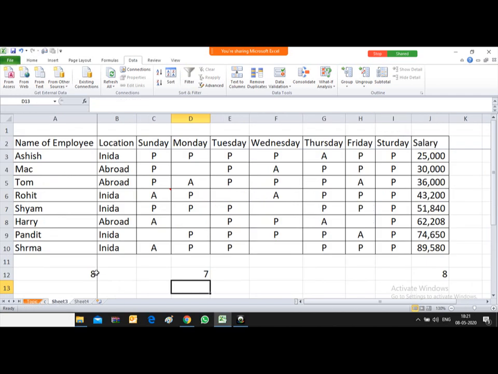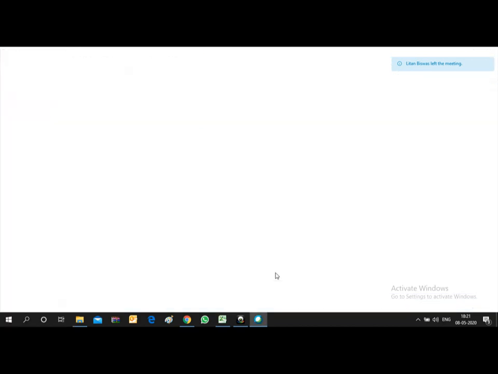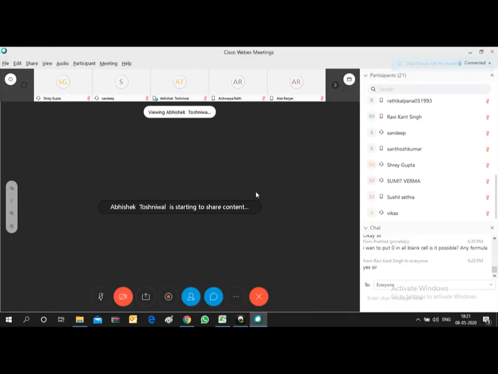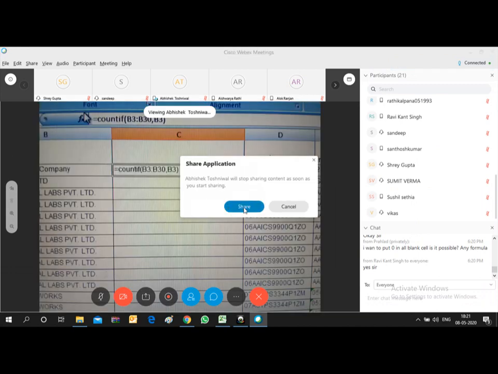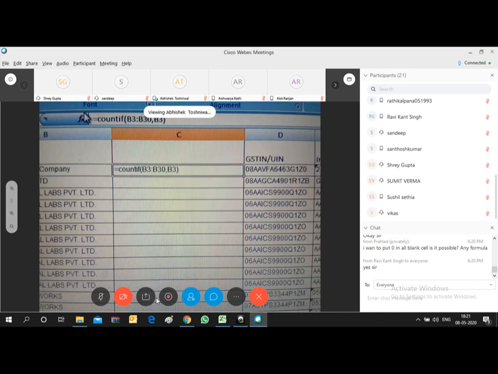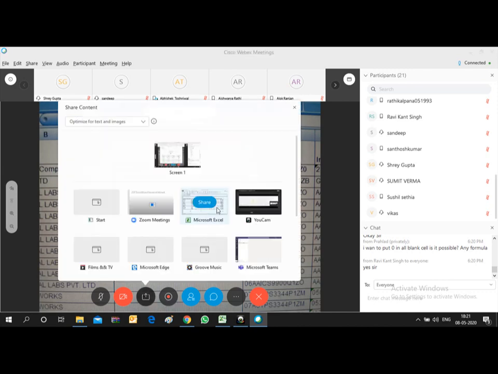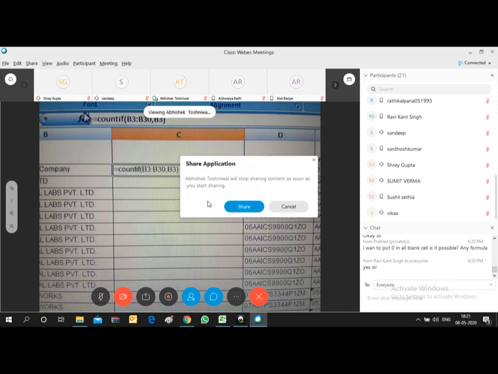I'll come to this table. Many blank cells are appearing here.